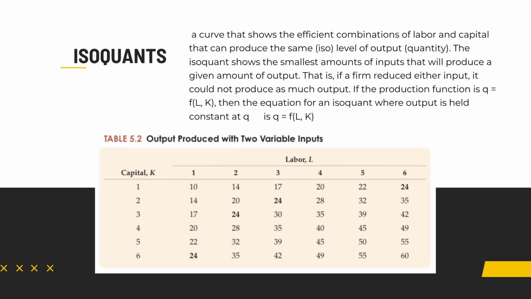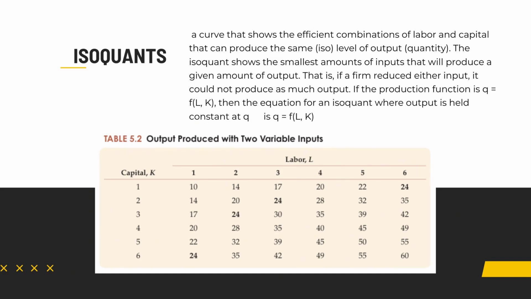Isoquant: a curve that shows the efficient combinations of labor and capital that can produce the same level of output. The isoquant shows the smallest amount of input that will produce a given amount of output. If a firm reduces either input, it could not produce as much output. So if the production function is Q equals F of L and K, then the equation of an isoquant is where